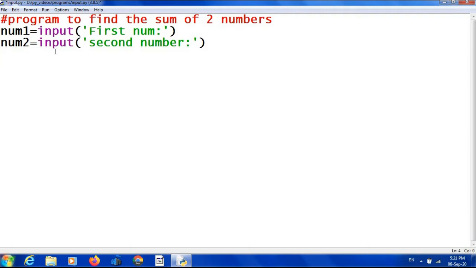Next I am going to use a third variable s to store the sum of these two numbers. The sum of num1 and num2 will be stored in s. Then at last print the sum. Sum equal to s.